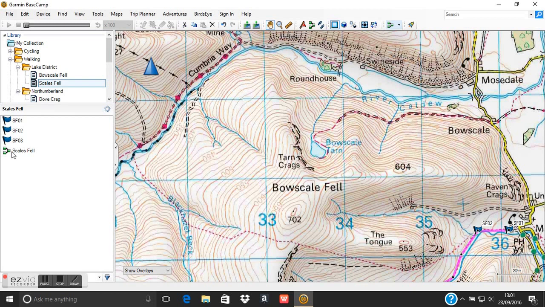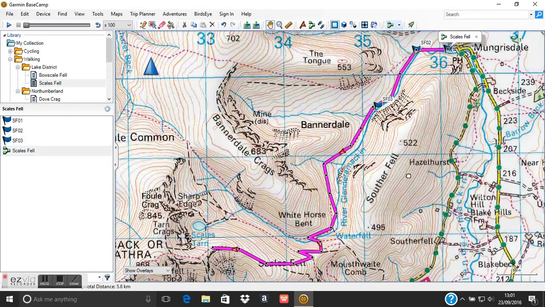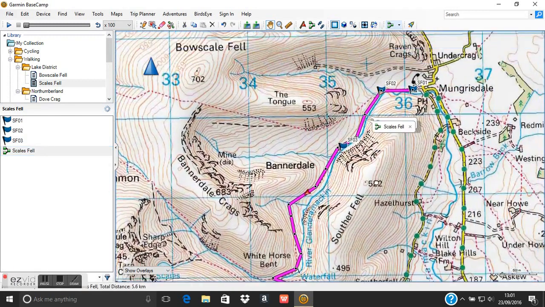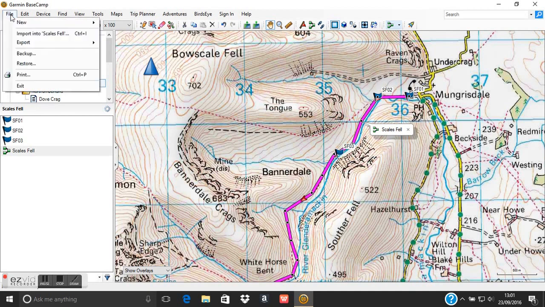But what I can do as before, I can highlight the route first in the bottom left hand window, right click on it and select the option show on map, just so I can see where it is on the map, check it's the right route that I want. And then this time I highlight the list file rather than the individual route, just to make sure that everything within that list file, including the three waypoints, are exported. So with the list file Scales Fell highlighted, I use file, export,